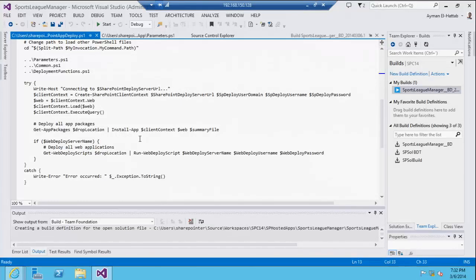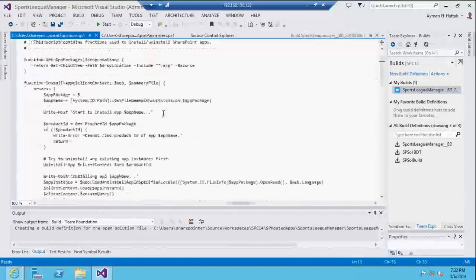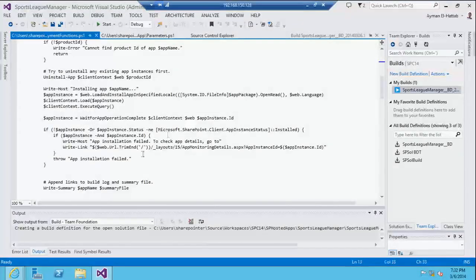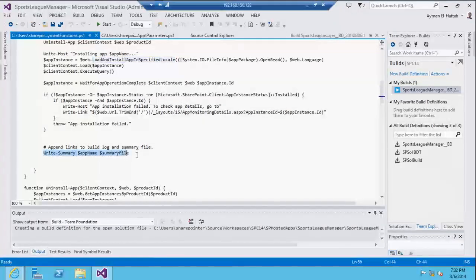This function, install-app, sits in another script file, and this basically just uninstalls the app if it's already installed, and then it's using the load and install app in a specified locale function, which is a .NET CSOM function wrapped inside PowerShell. It uses this function for deploying the app. Then it writes some summary so that you can understand or monitor the status of the build and deployment.